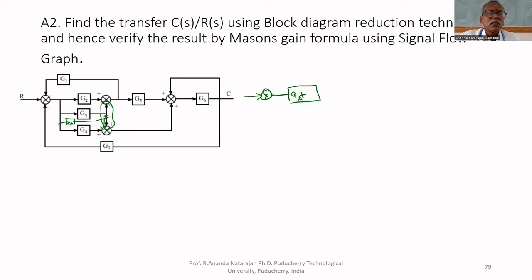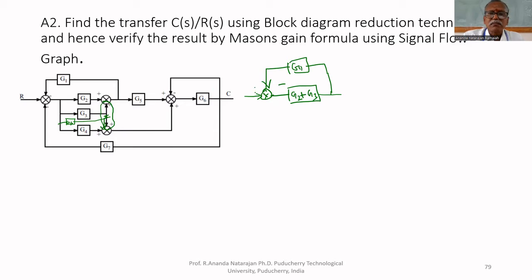G2 plus G3. So there is no need of a summing junction. Many did, they have drawn the summing junction also. Once it is added, why the summing junction? We added to remove the summing junction. After adding, why are you drawing the summing junction? Why did we add G2 plus G3? To remove the summing junction. Once it is removed, why are you drawing that, G2 plus G3 and a feedback loop G1